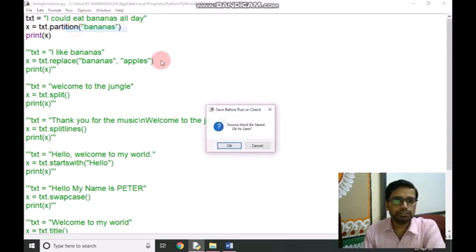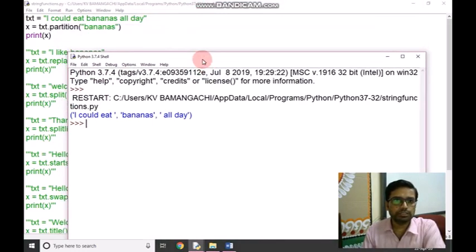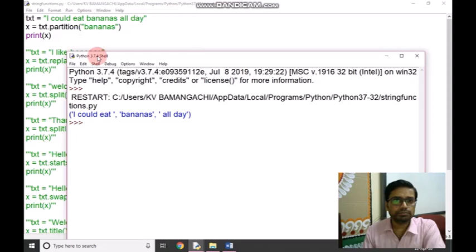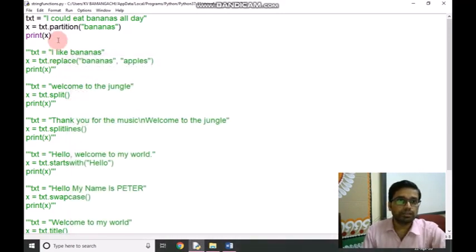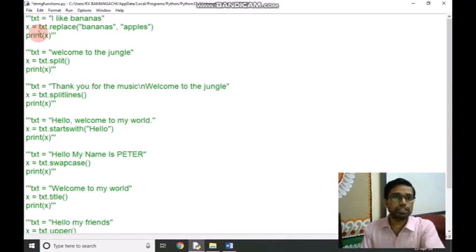It will return a tuple: "I could eat", "bananas", "all day". There are 3 elements, meaning before banana, banana, and after banana. So the partition function will divide a string into 3 tuple elements.